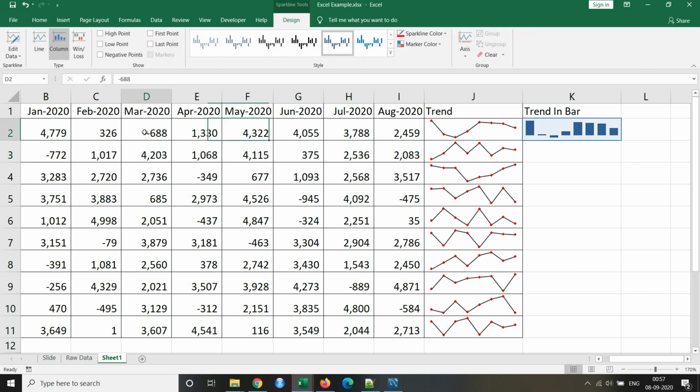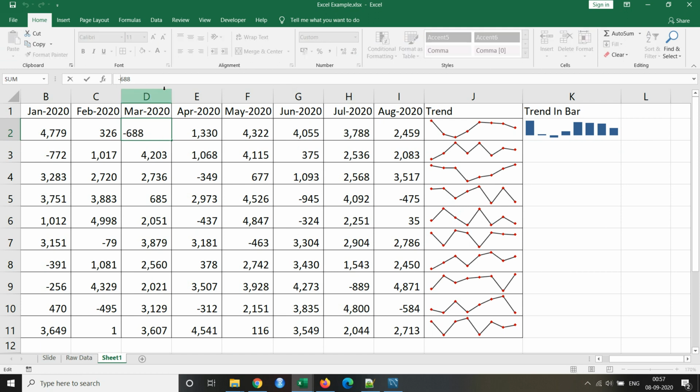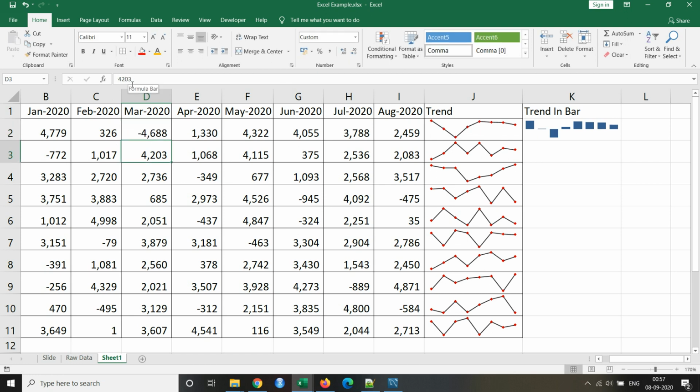So for example, if I change this one to 1688, you will see that it automatically gets adjusted and this negative one is getting bigger. Now suppose I change it to 4688, you will see that the values are getting adjusted in the cell.